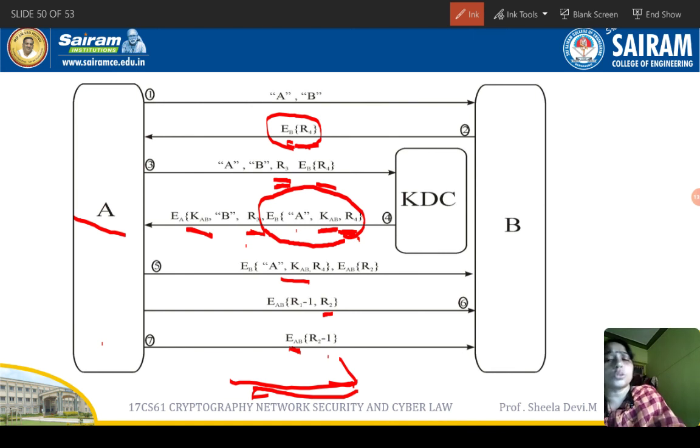Until the session gets over, this session key will be valid. After that, it will not be valid. If they want to communicate once again, they have to inform the KDC that they want to communicate, and they have to request the KDC to generate a new session key. This is how the Needham-Schroeder protocol helps us to get the session key and provide